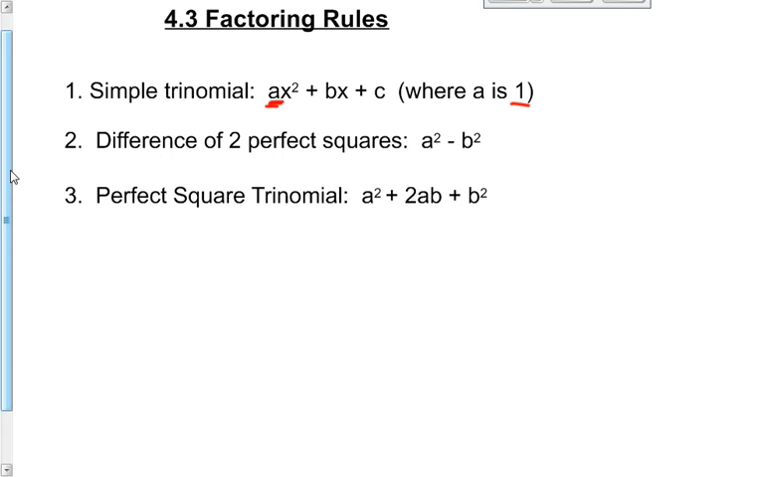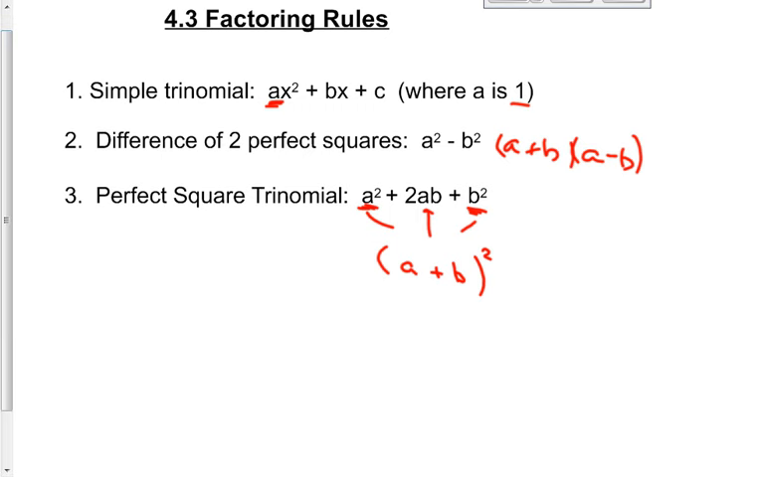We have the difference of two perfect squares, A squared minus B squared, which factors into A plus B, A minus B. We have a perfect square trinomial. The term in the front is a perfect square, and the term in the back is also a perfect square. Those two pieces multiplied together and doubled give you the piece in the middle. If that happens, you can write it as A plus B quantity squared,